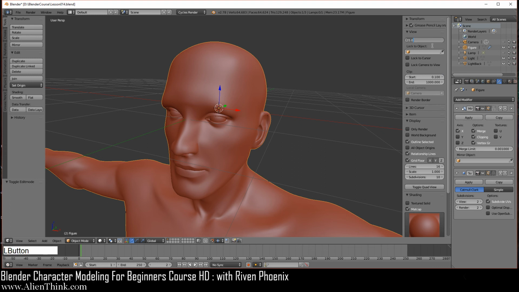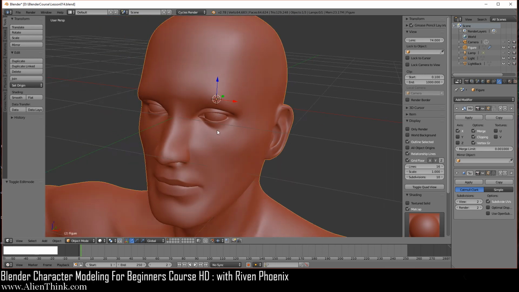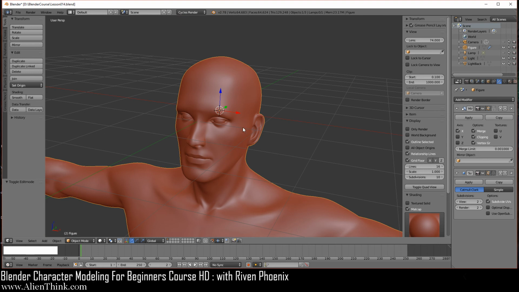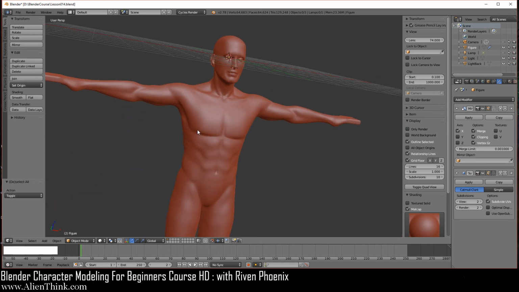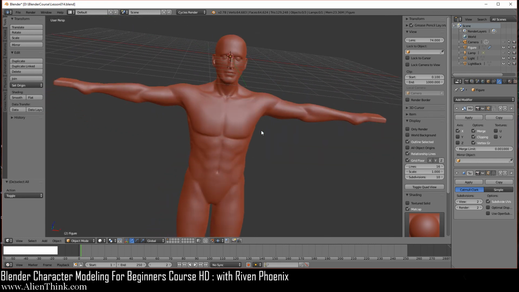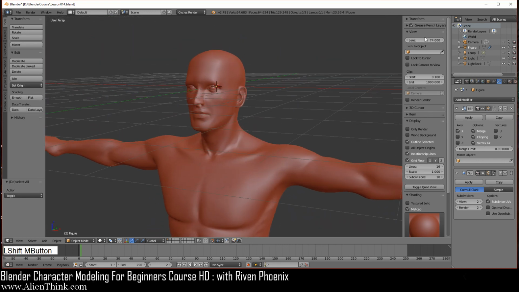Now I like to keep this at 74 when I'm working on my 3D models. If I do 74, you can see what it's going to do. It's going to zoom in a little bit more. Now if you zoom out, you'll see that it starts to give a much more natural feel to the perspective, right? If I zoom out and just do A to deselect, you can see that the figure is now looking more natural, like it does in real life. Okay, so make sure that you understand that you can do this again.